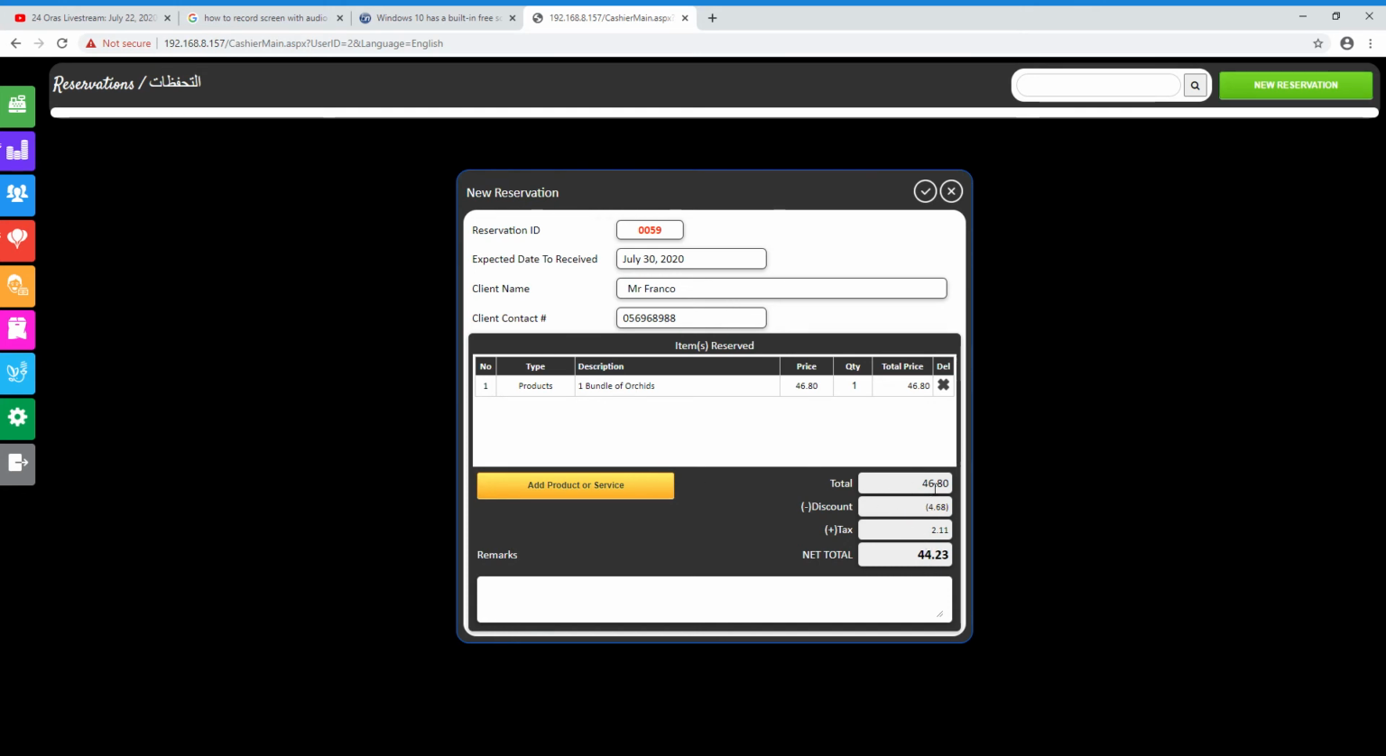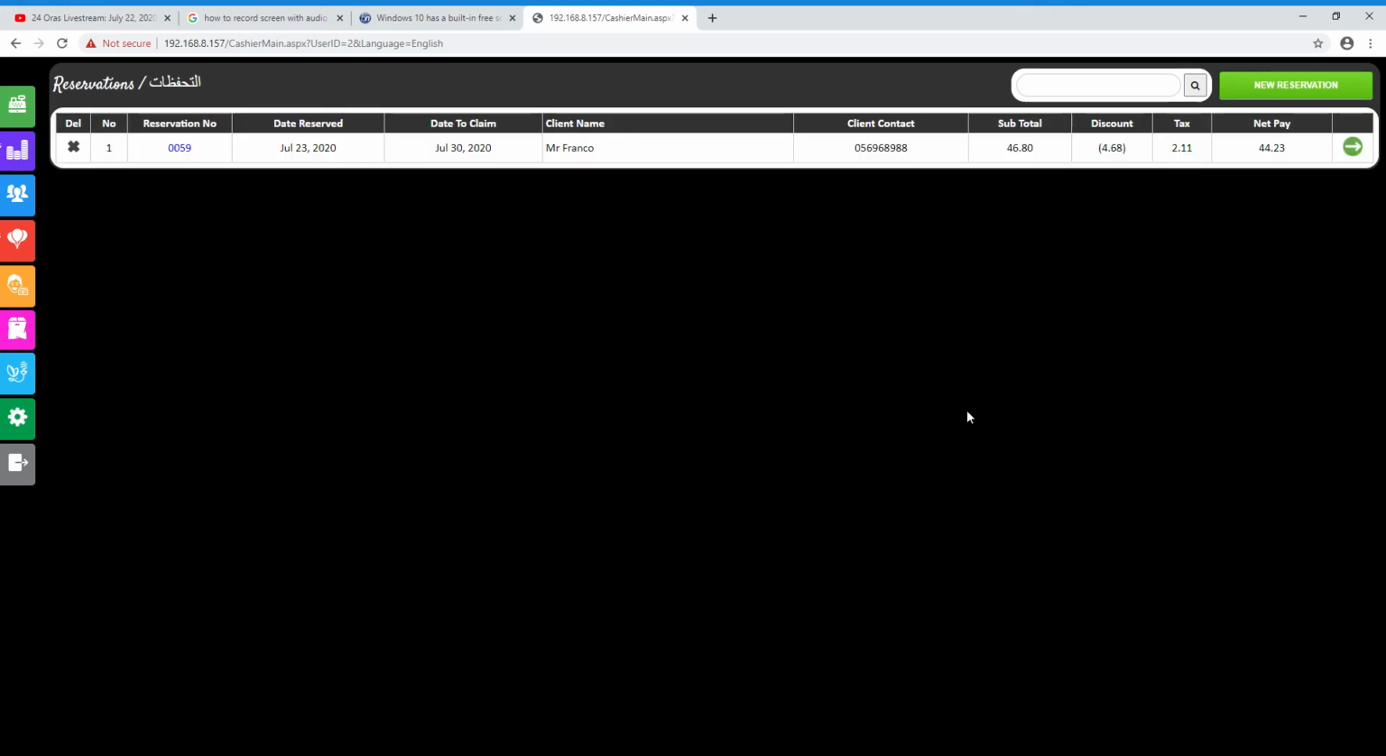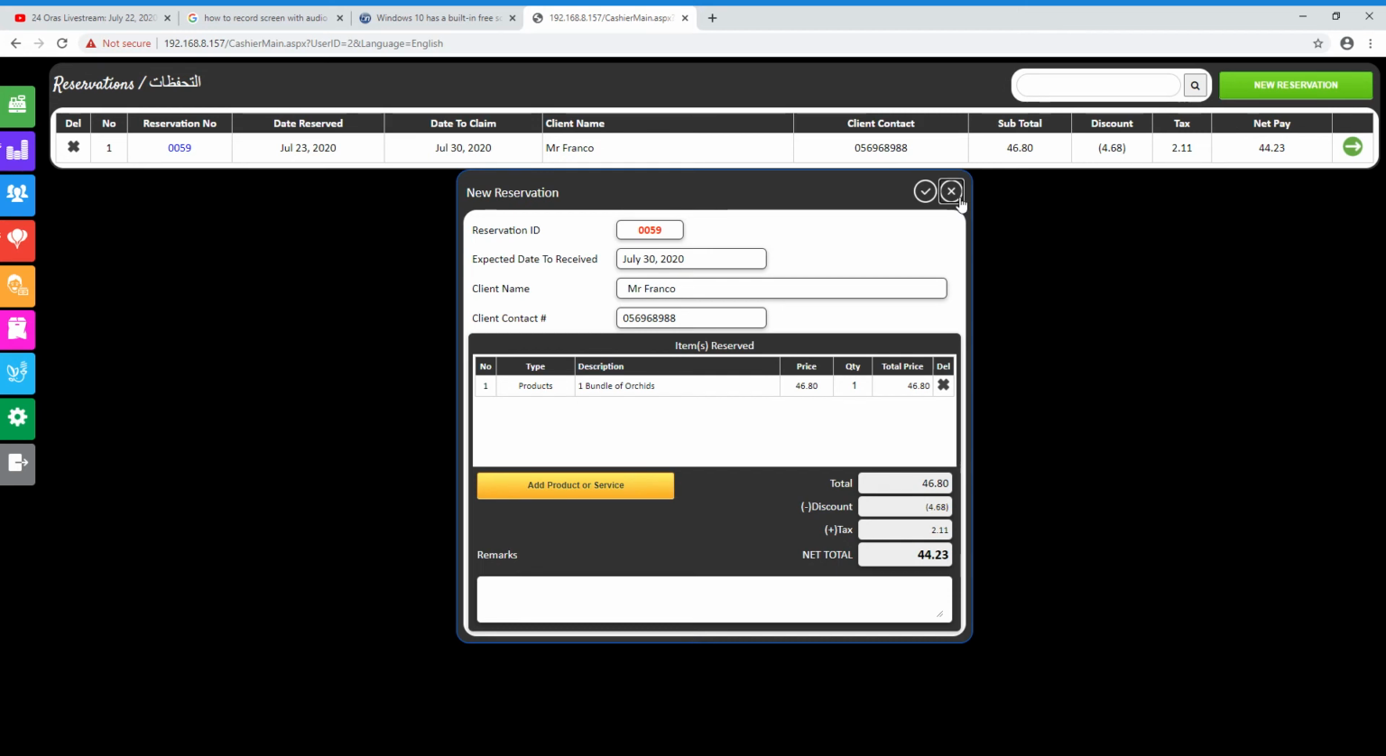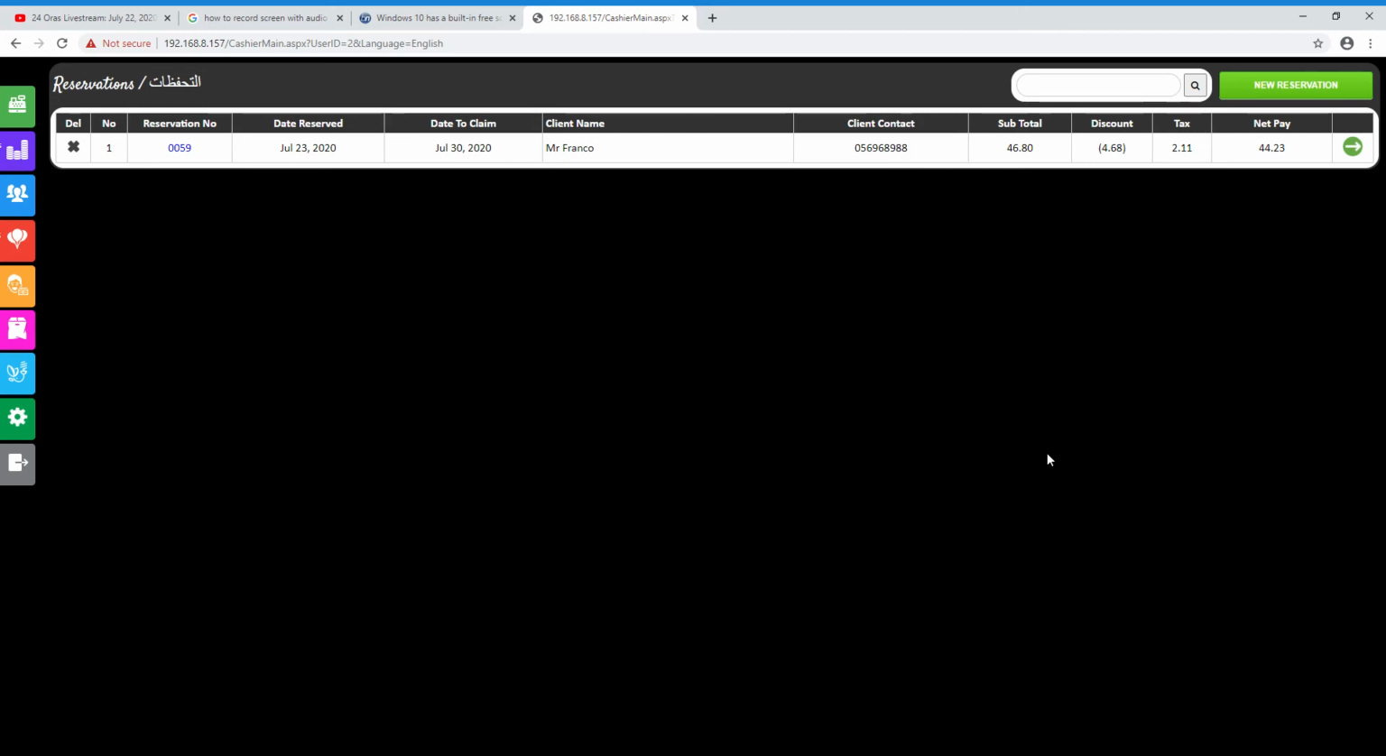You can see the total amount here, the tax, and the discount if there is any. Then click save, and it will be added on the ordered list. You can click the reservation number to edit something. And let's say, for example, when your customer came and